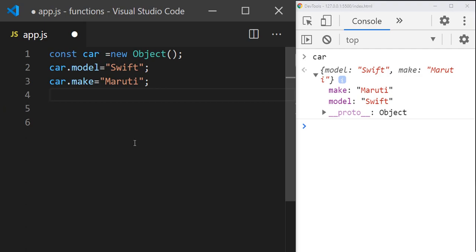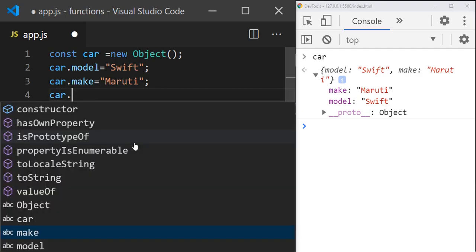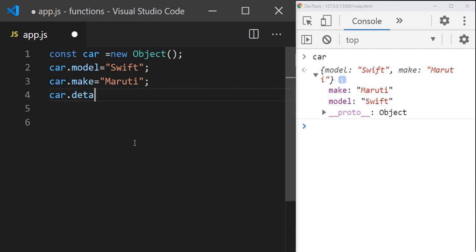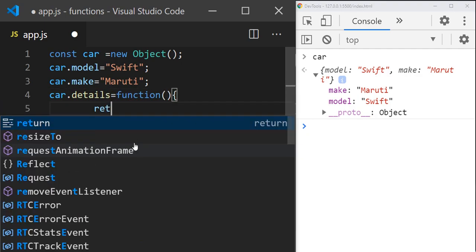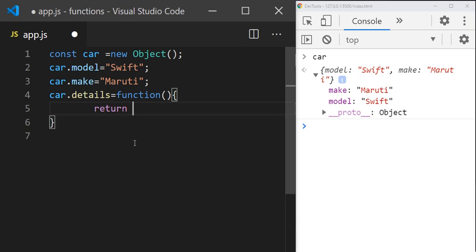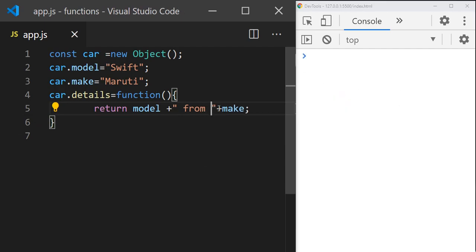Now it's time for adding a method. How to add a method? car.details equals function, and I want to return model plus Swift from Maruti. But will this work?